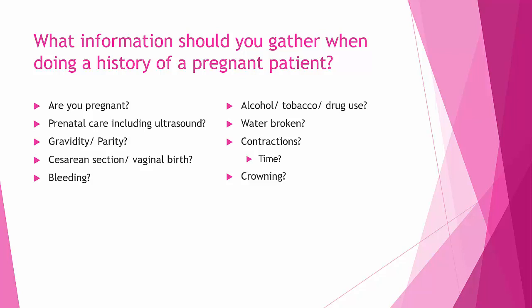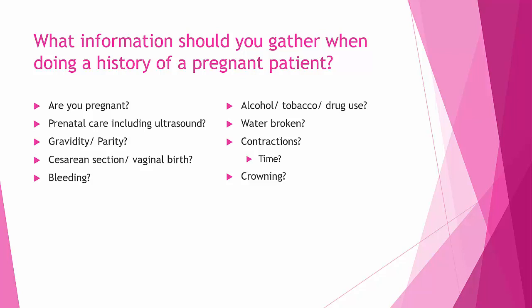Now, we want to find out if they've had any complications in a previous pregnancy or any other gynecological problems. Alright, have they ever had a cesarean section, a C-section? If so, are they planning a vaginal birth after a cesarean? Some doctors will allow that. A lot of times it will depend on what type of C-section they had, whether they had a transverse